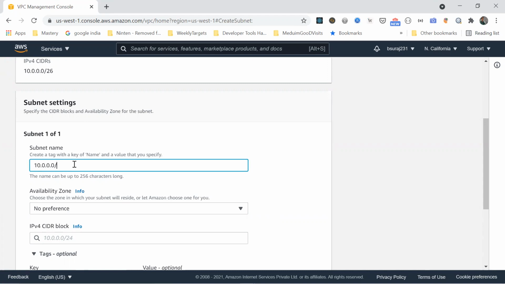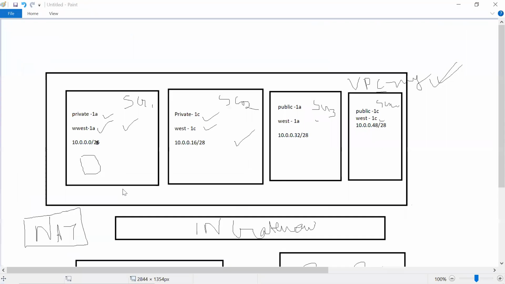And then you can have 10.0.0.0 slash 28. Let me explain what is the meaning when I selected VPC, that is 10.0.0.0 up till 26. If you see this logic, that is 2 to the power of 32 minus 26. I'm taking 26.